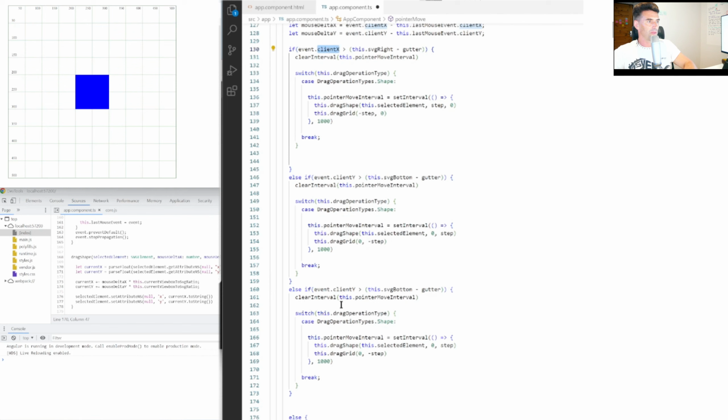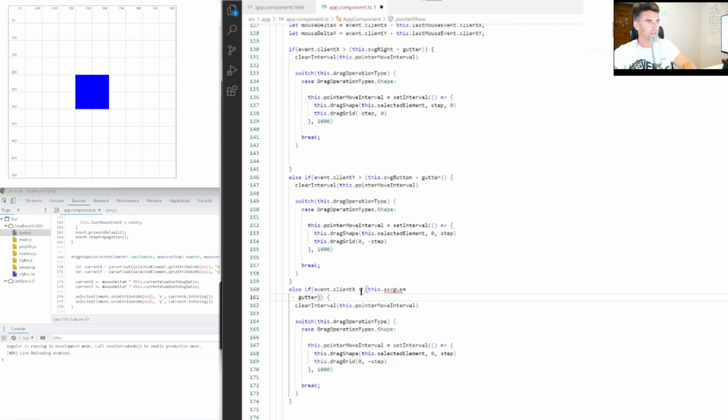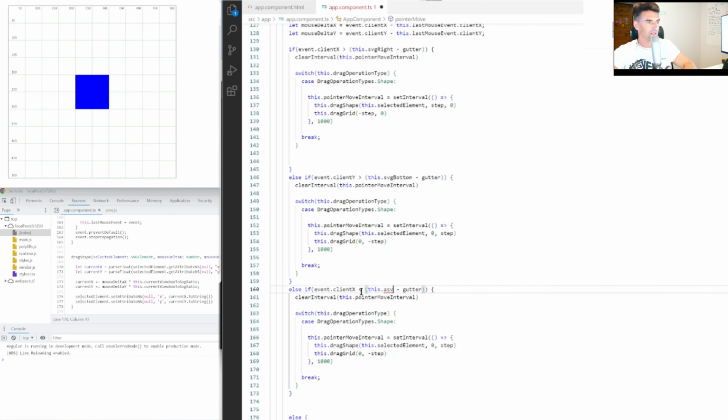So let's grab that, event.clientX, and this time if it's less than the SVG left plus the gutter, so if it's over in the left but a little bit right, clear the interval,